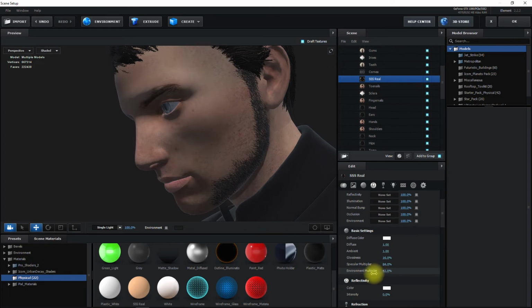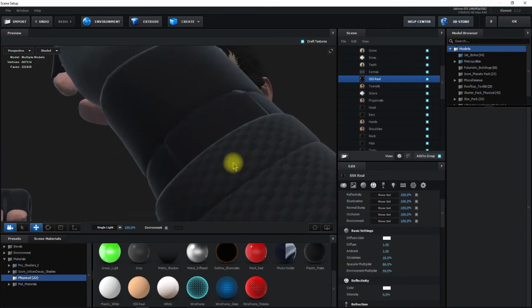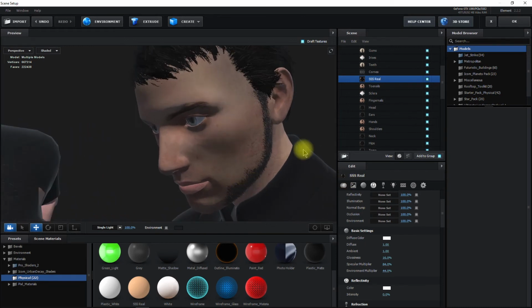But again, you can determine how your scene's lit and everything else, and it gives it a little more realistic look. Now, the one thing I will tell you is you've got to do it to every piece of exposed skin, otherwise it'll look funny. So here's the head. Same thing, drag